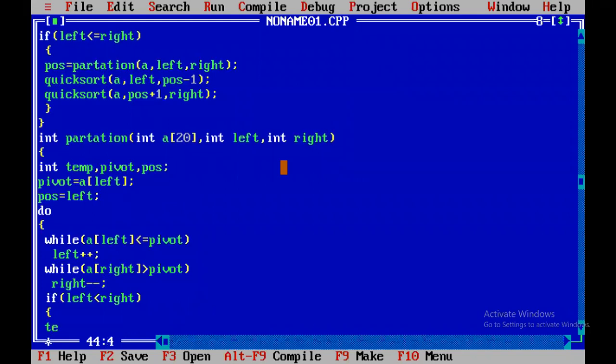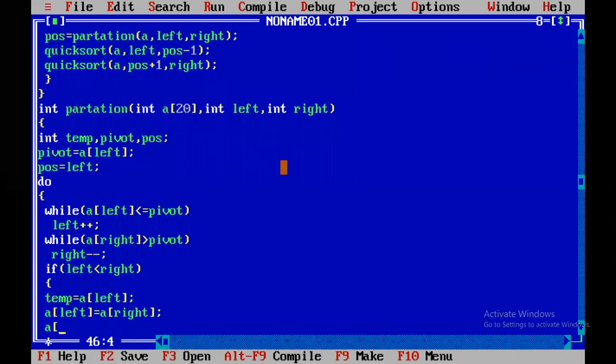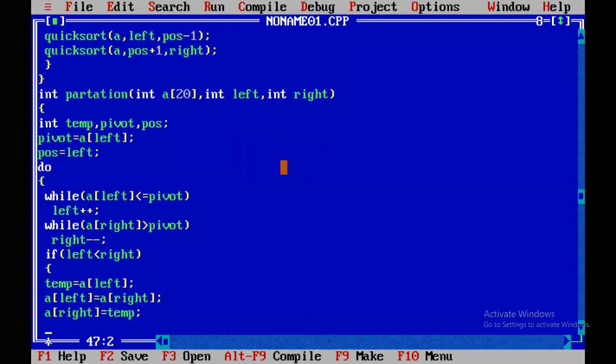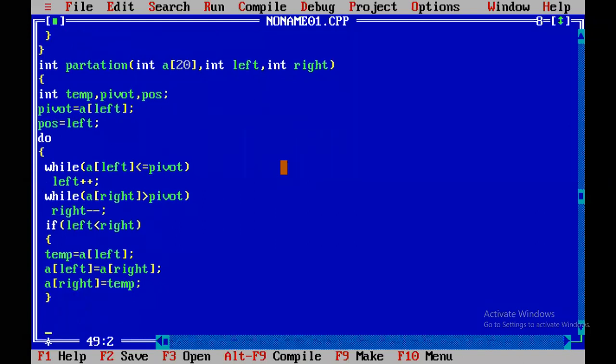Temp equal to A of left, A of left equal to A of right, A of right equal to temp. We perform this task continuously in a do while loop.